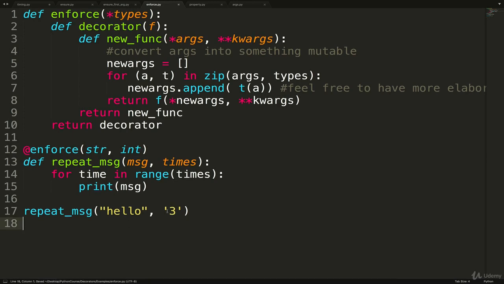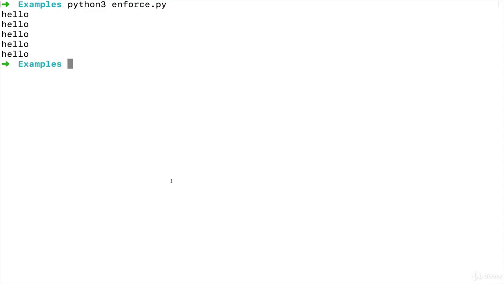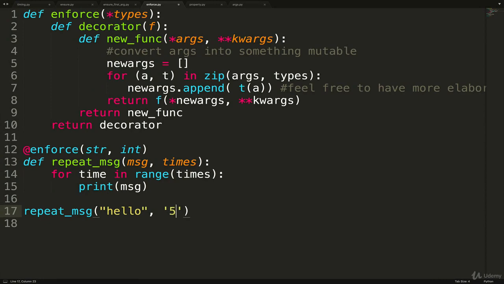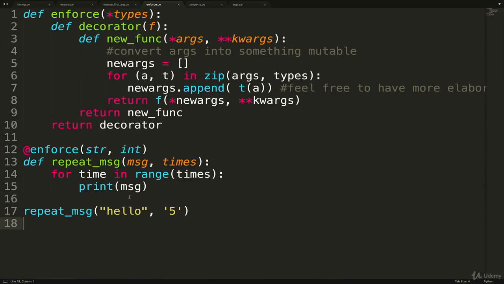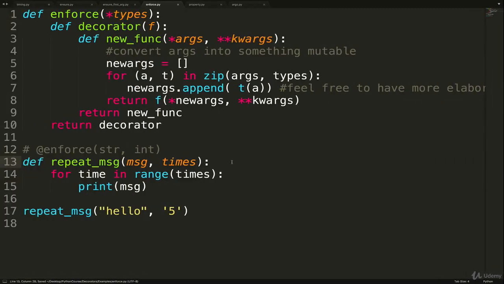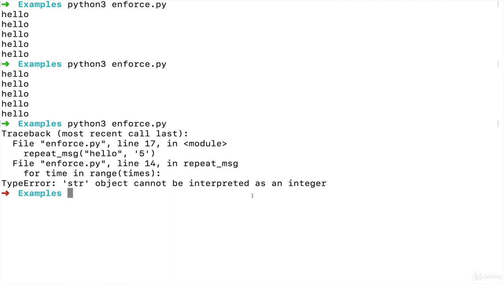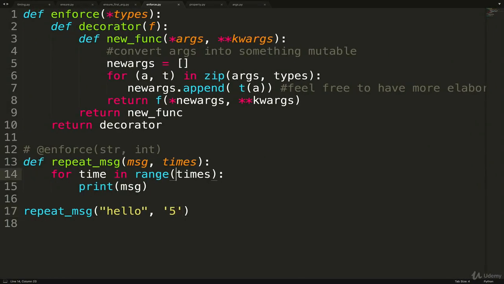If we test it out, my little demo function here, repeat message, all that it does is loop through a number of times you specify and then print a message that many times. So I could do print hello 5 times. And if we run it, we get hello 5 times. That's nothing special. But if this is a string now and we try it, it still works, even though without this enforce, we would have a big problem because it tries to loop 5 string times, which is a problem in the range. The range does not like a string.